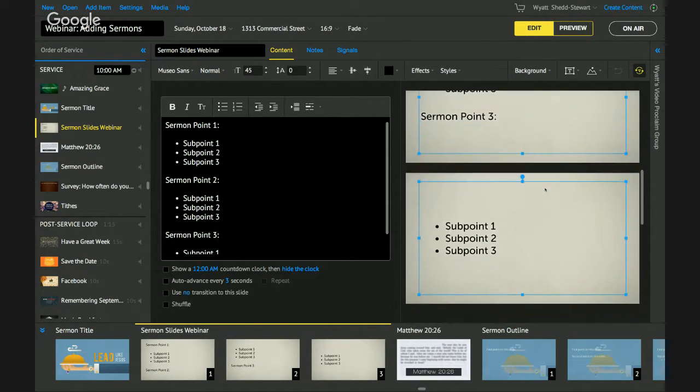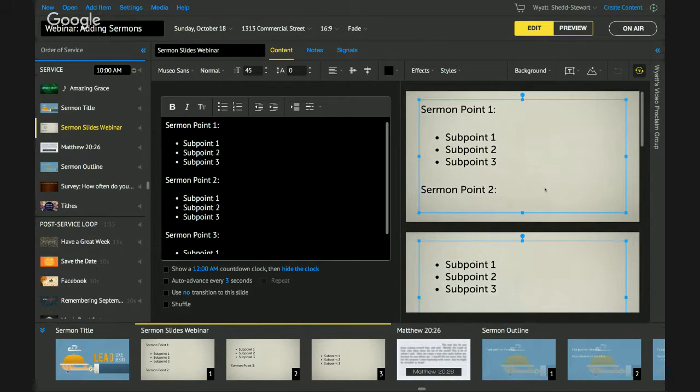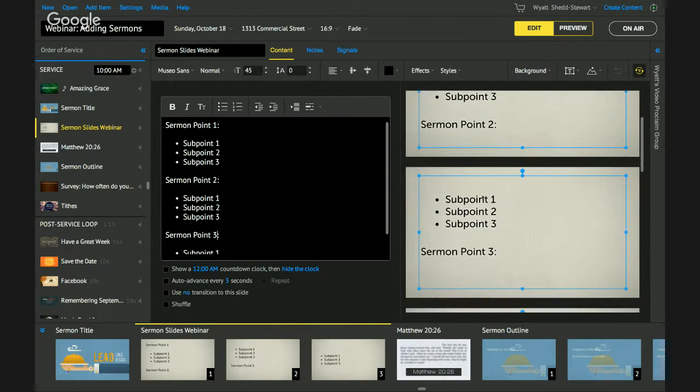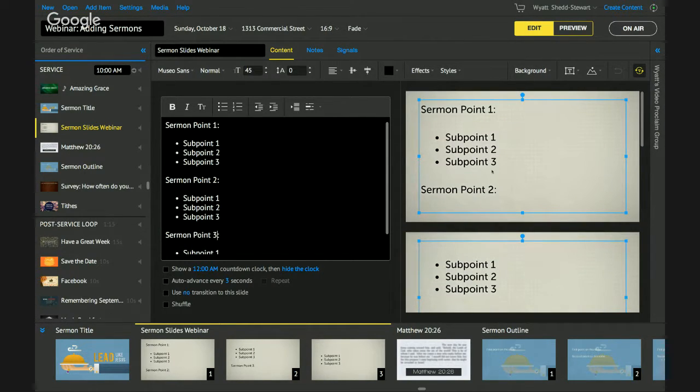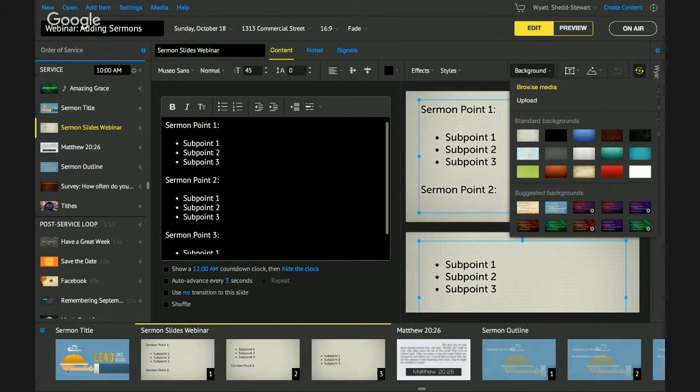And it's creating slides. But you'll also notice that right now it's not really formatted the way I probably want, because I have my sermon point 1 and all my subpoints, but then on the same slide you see sermon point 2, etc. Now, first I want to explain why the program is doing it this way, and then I want to explain how we can have a little bit more control. So let's start by actually adding in a background to give a better understanding of why the program is acting the way it is. So I'm going to click on Browse Media,